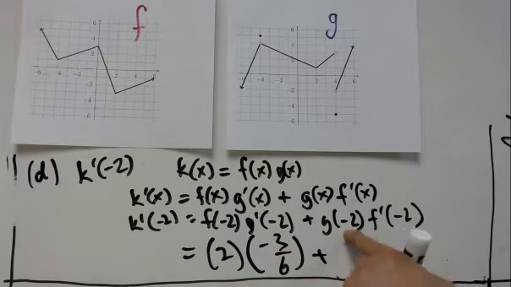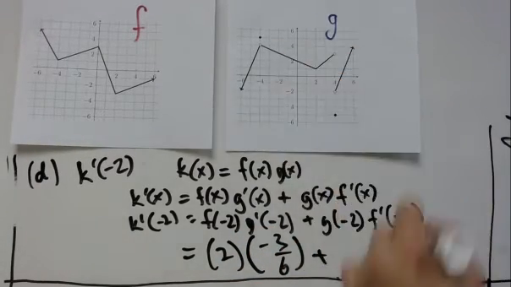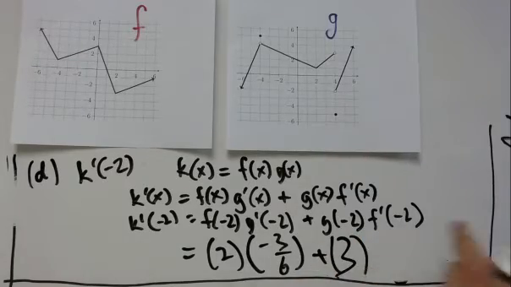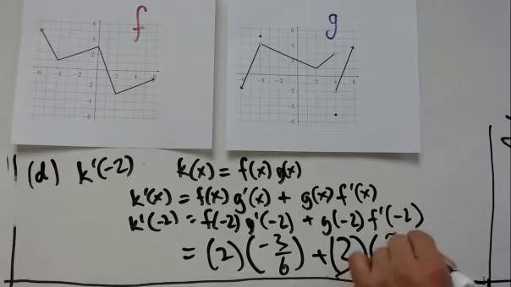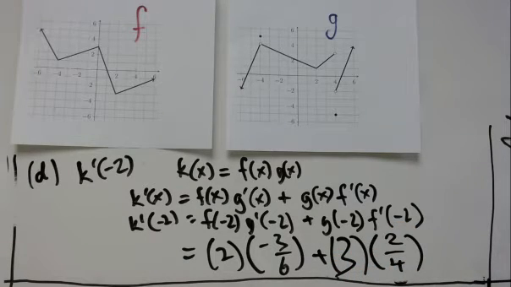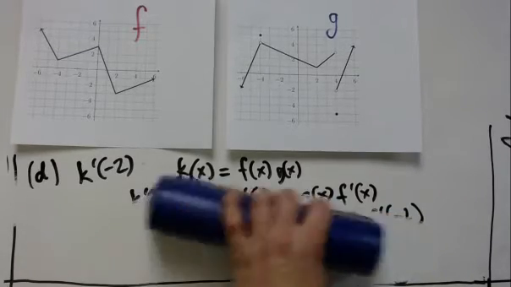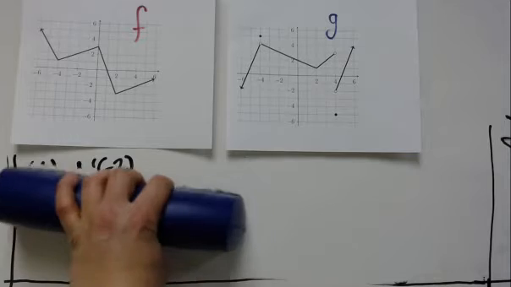Okay, plus g of -2, so we go here for the actual y value, which is 3. And then f prime of -2, we go back over here for the slope, which we had earlier computed was 2/4. Okay, again, we won't bother really simplifying this. Let's move on to part E. Now part E,